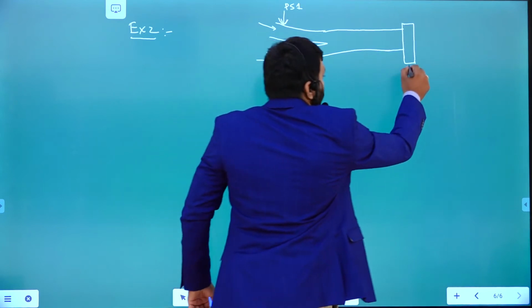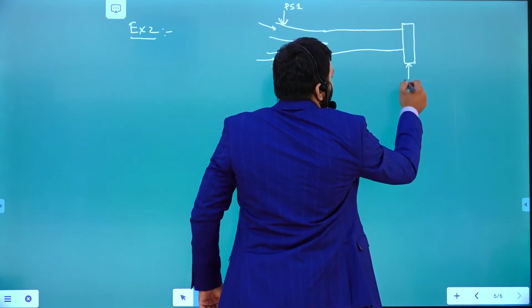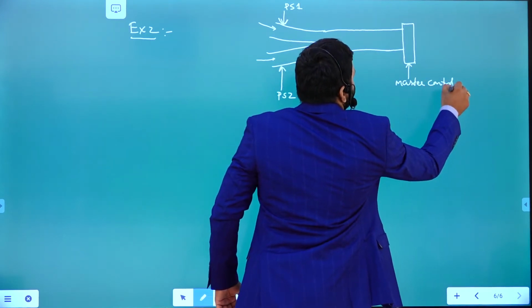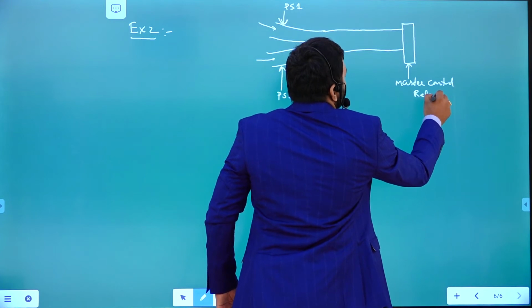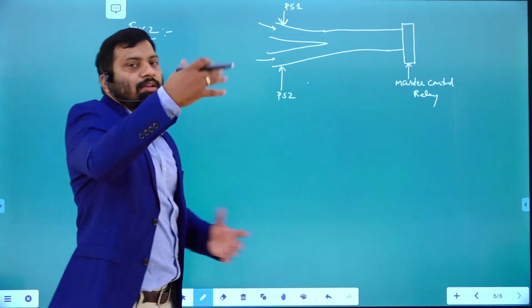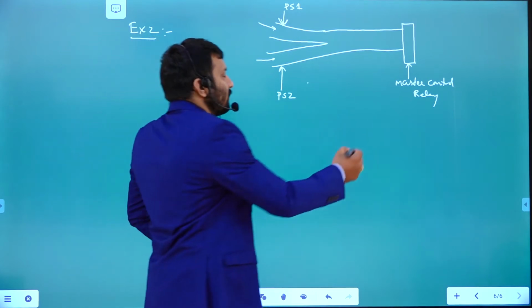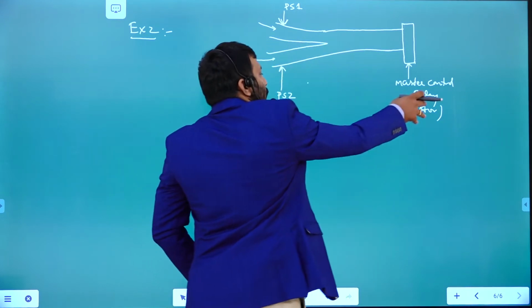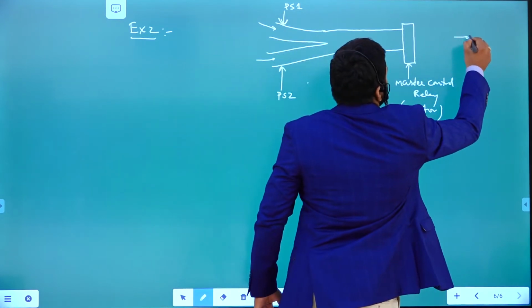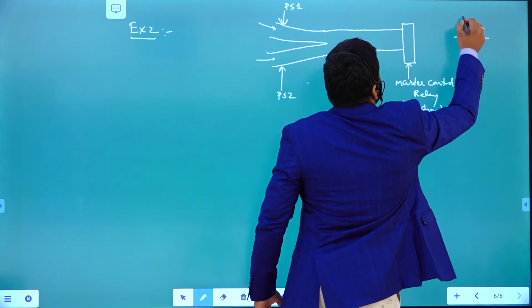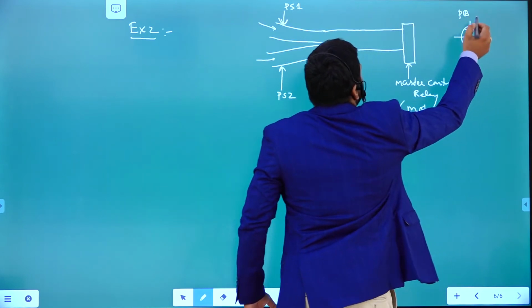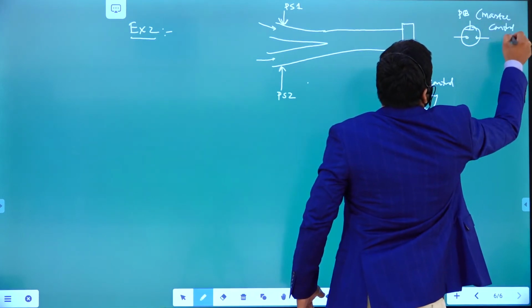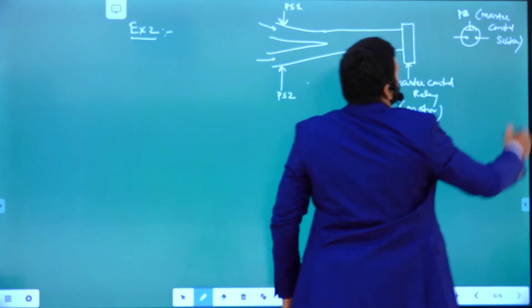The main conveyor belt is going to be controlled with one motor. Then you can say that this is the master control motor, or if it is connected, it is going to be connected with a relay, which relay is going to control the motor, or otherwise you can say that this is the motor which is going to be connected to the main conveyor, right? So this one you need to turn on and off using one switch, I am going to call it the push button, or otherwise you can say master control switch, master control switch.